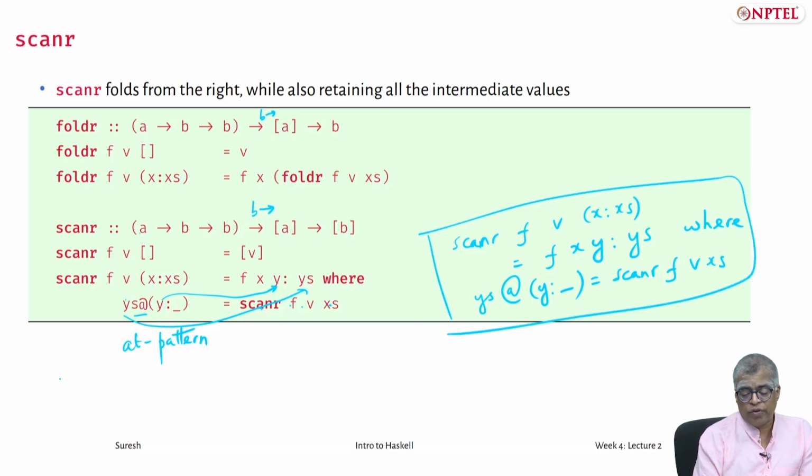So for instance, if I did scanr plus 0 on the list 0 1 2 3 4 5, then I will get the list. The original list is of length 6: 0 1 2 3 4 5,